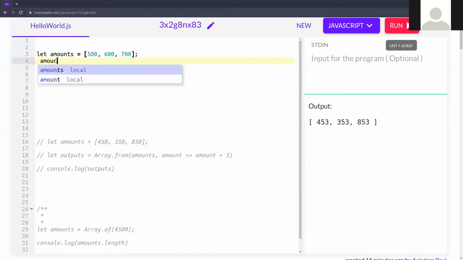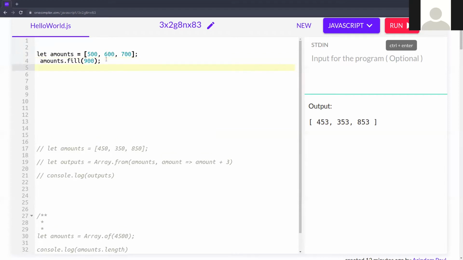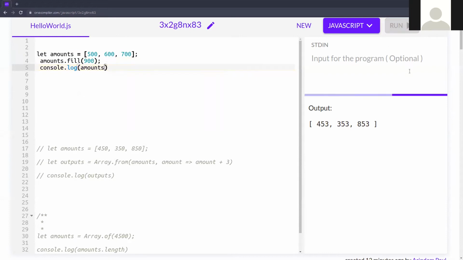So amounts dot fill, if I want to fill this array with any number, like I'm filling with 900. Okay, now let's console log that amount. Now let's run. You can see all the elements present in this amounts array are replaced by 900. That means it filled all the elements with 900.